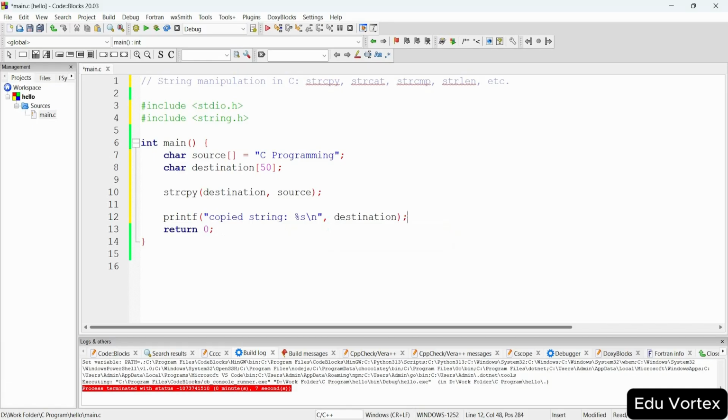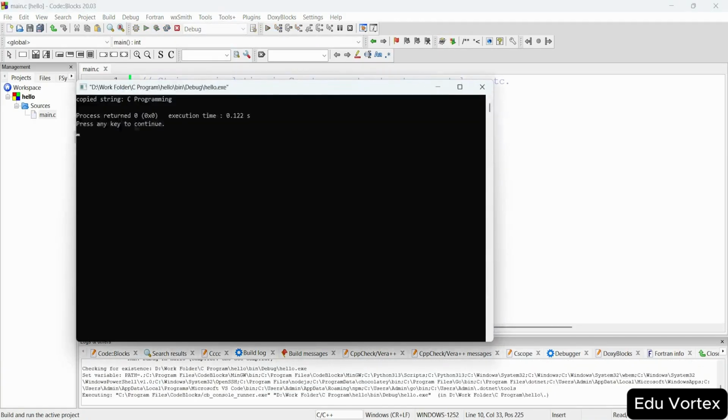Okay, so here we have the destination and source, copying the string from the source to the destination. Now just click on this, run, and now see the output